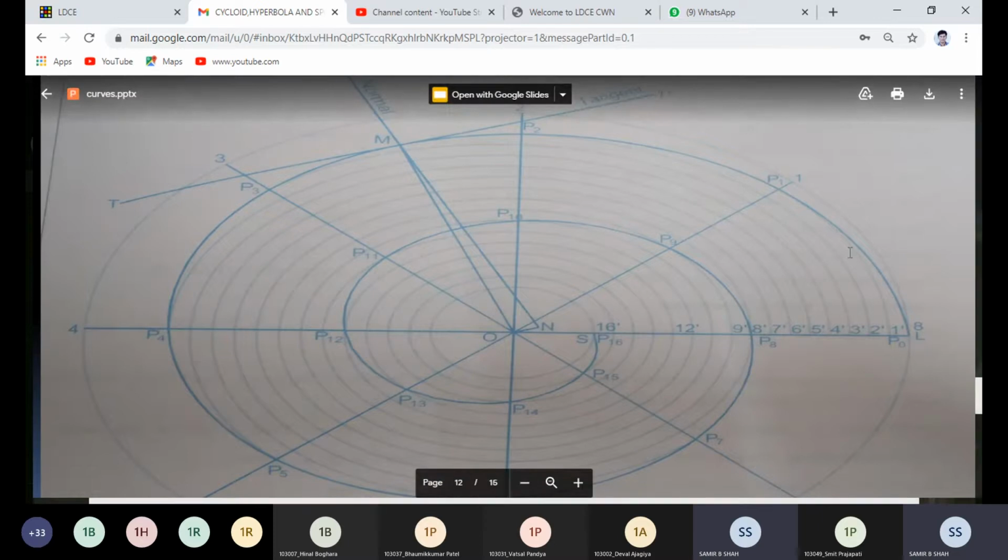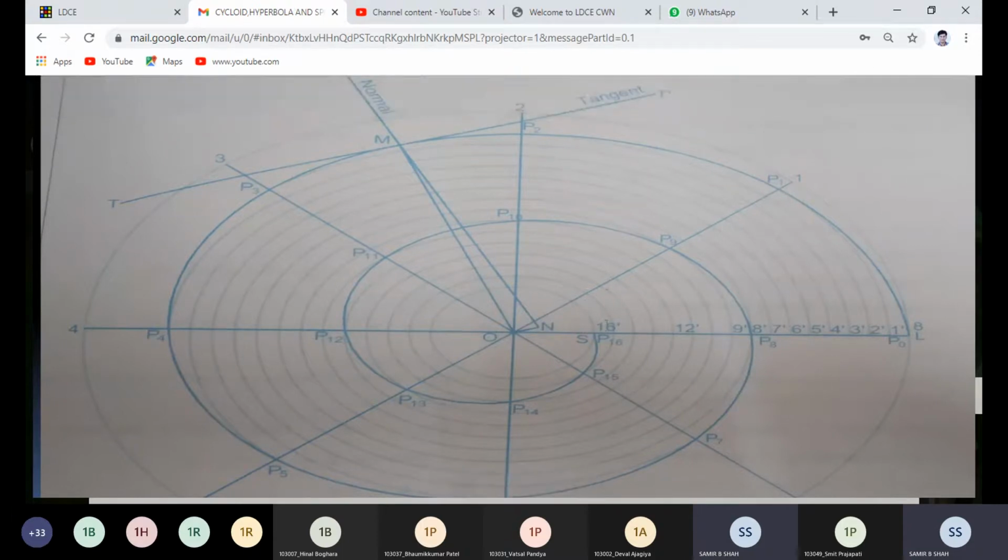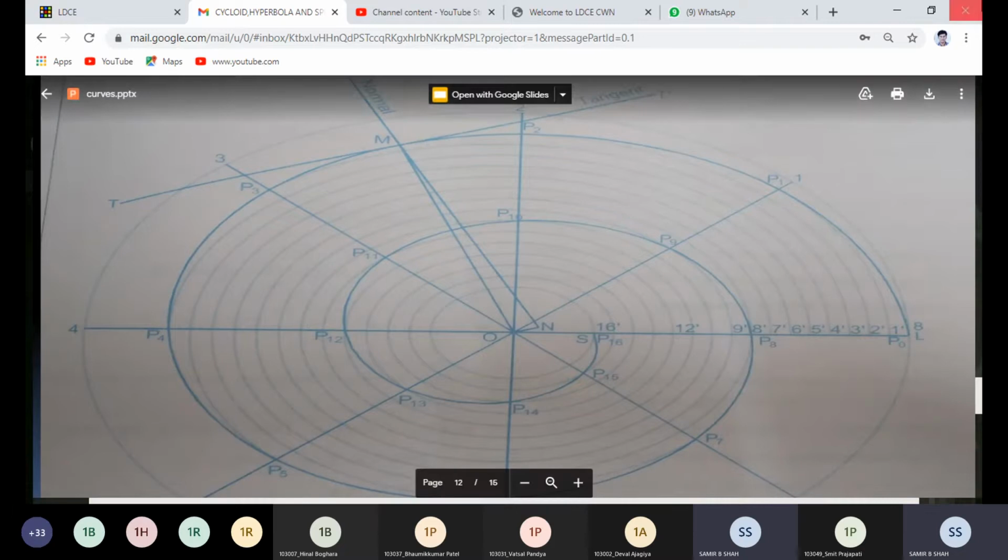Okay, so join all the points from 1, 2, 3, 4, 5, 6, 7, 8, 9, 10, 11, 12, 13, 14, 15. If one revolution is there, then up to 8 is there, right? Right now it may be up to 16, because of the 2 revolutions. Okay, now